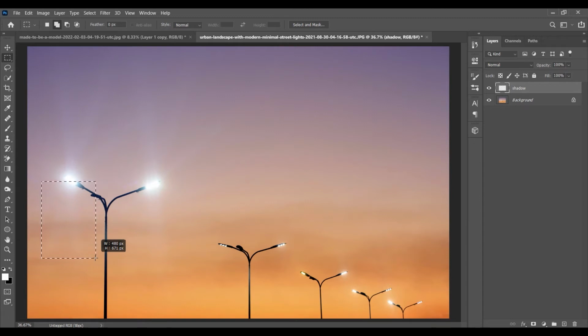However you want, if you want the shadow to be longer or smaller or a little wider, but I think that is how it should look. With the help of the spacebar, you can also change the position of your selection. I think that this much is good. Yes, this much is good, and now we are going to